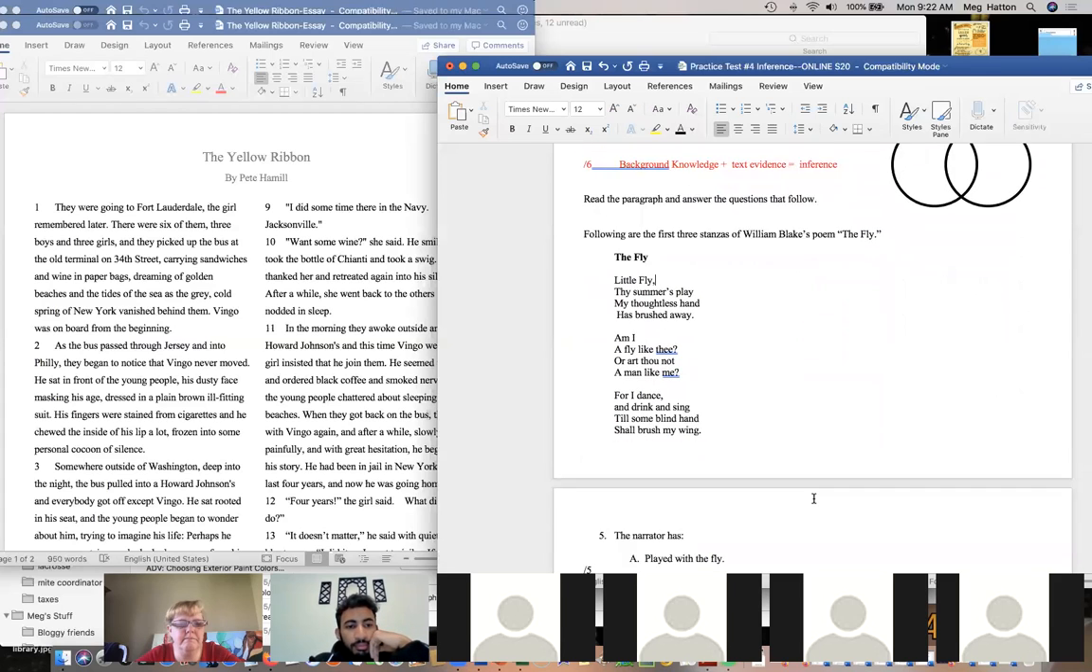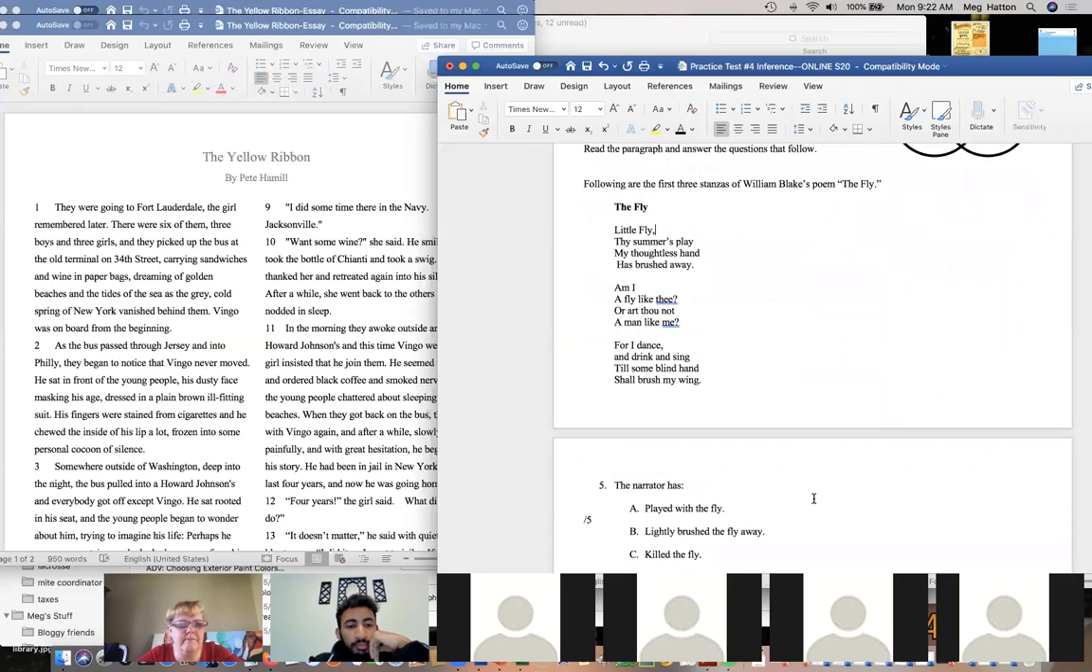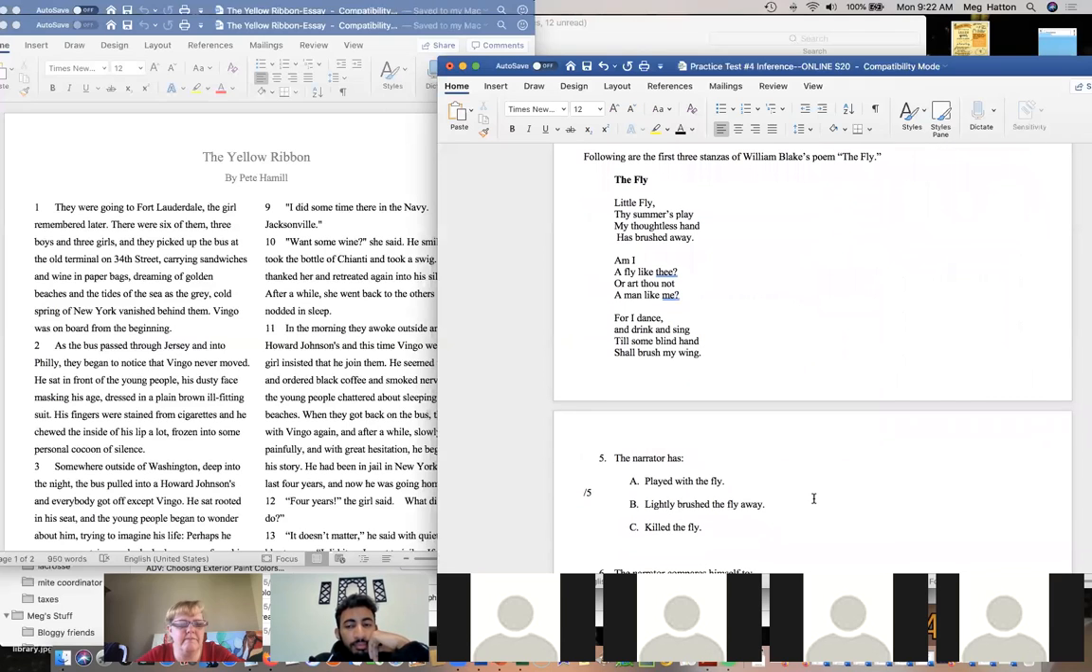So following the first one, whatever is not in the red will be included in the test. It will not be the same text. There will be a different poem or a different reading, but it will be just like this. It will be a reading where you're going to have to interpret using your background knowledge and the text evidence